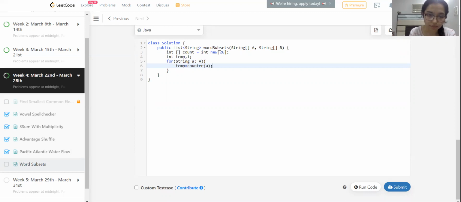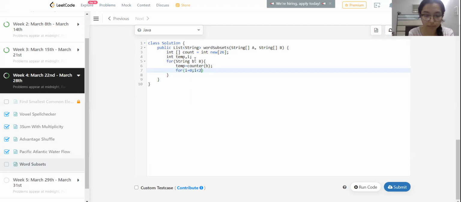As this is done, we'll have another loop. Let's do it for B first. Now let's have another loop inside of this, where I equals 0, I is less than 26 because there are 26 alphabets, and ++I.